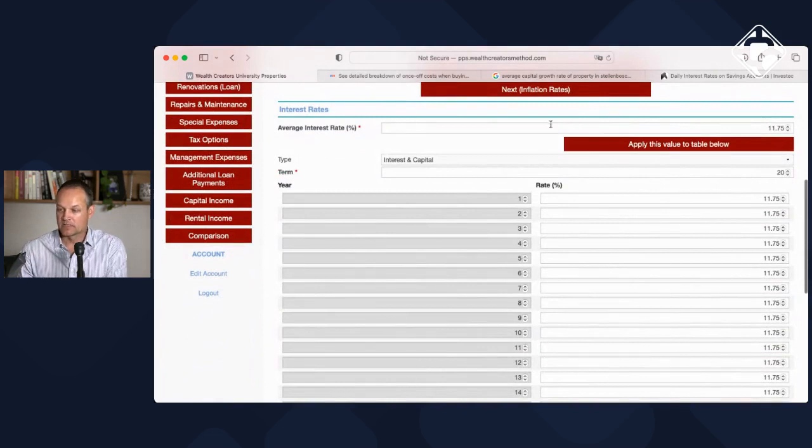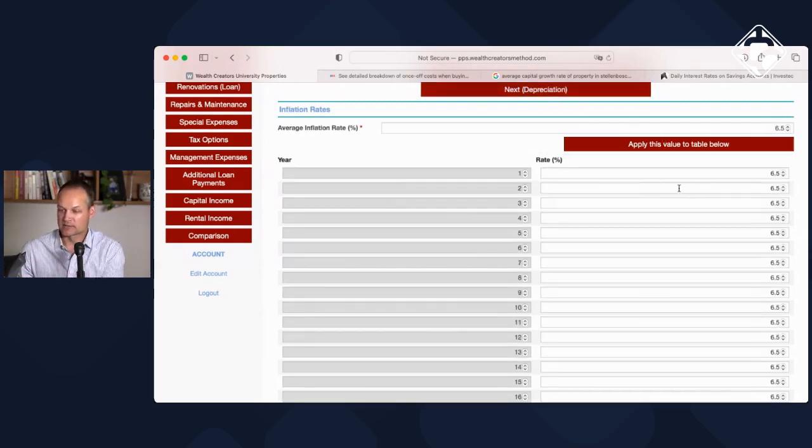The next variable, and what you'll see is I'm going to run through all the various variables that we're going to insert in our calculation, and then go back and amend some of the variables to determine what are the key areas that you need to focus on in deciding on which property to purchase. So the first one was the interest rate at 11.75. That's currently the prime interest rate at the moment. And I also made it that the term is for 20 years. So remember, you can register up to a bond term of 30 years. But because this is an investment property, I decided to go on the lower scale of 20.